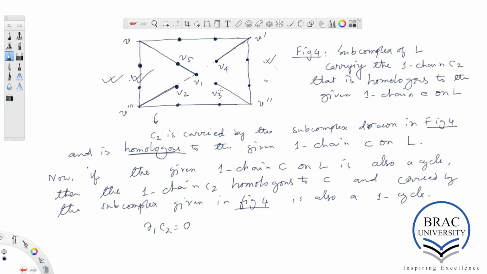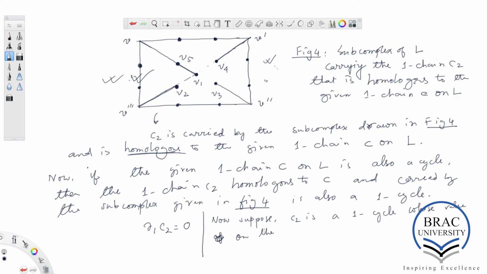Okay, all right. Now suppose C2 is a one cycle whose value on